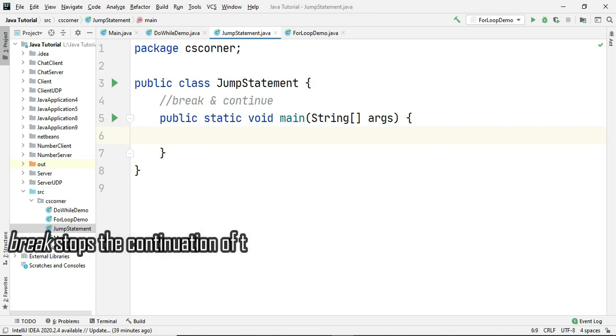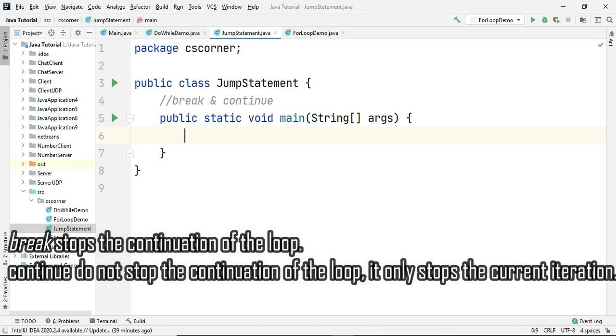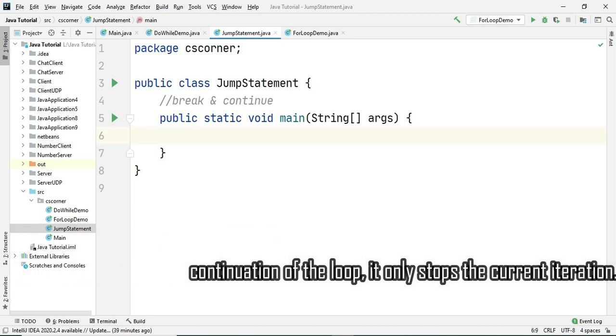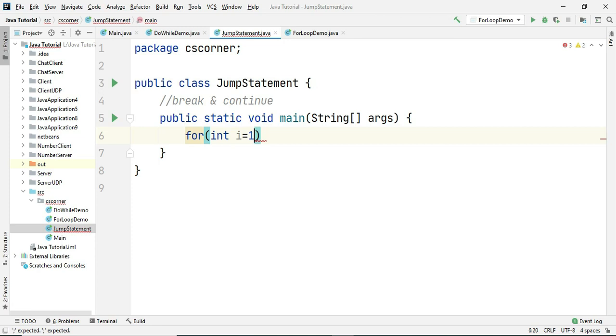Break and continue statements are generally used with loops. If you want to stop your loop in between, then you can go for the break statement, and if you want to skip a particular iteration in a loop, then you can use what? The continue statement. I'm going to make one simple program and then I will demonstrate how break and continue work. I'm taking a simple example for printing numbers from 1 to 10. Same example I have taken in my Java loops video also.